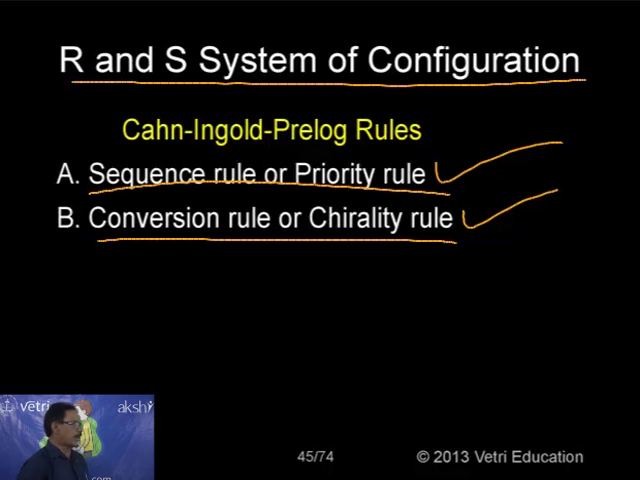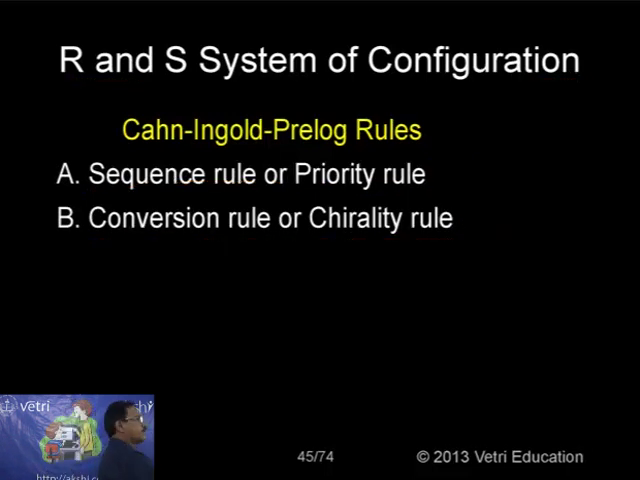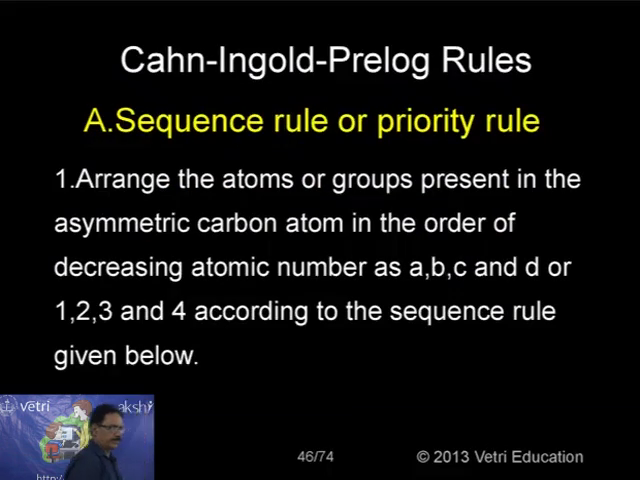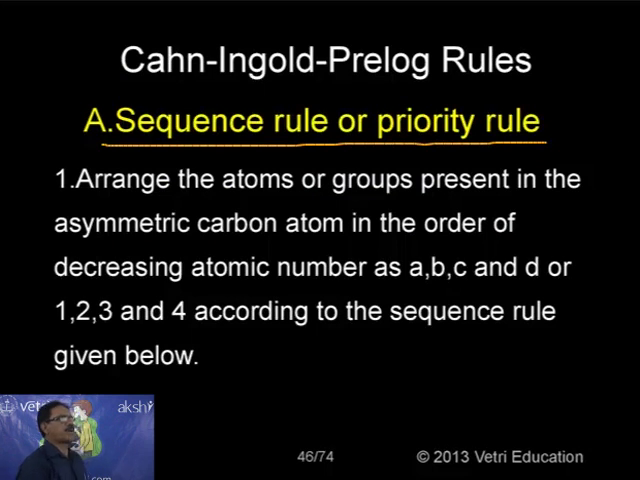As I have already pointed out, it consists of 2 sub-rules. One is the sequence rule or priority rule, another is the conversion rule or chirality rule. Let me go one by one. First let me discuss what the sequence rule is. The sequence rule or priority rule again consists of a number of rules. Rule 1 under this sequence rule: